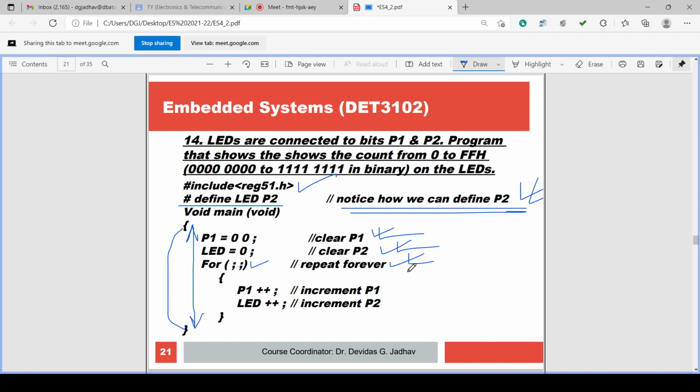Taking another variable, incrementing that variable and assigning it to the port is one method we have seen. But here we initially assign the port a value and increment the port itself. Whatever value is in the port automatically gets incremented. So the port name is working as a variable. This program we can check.